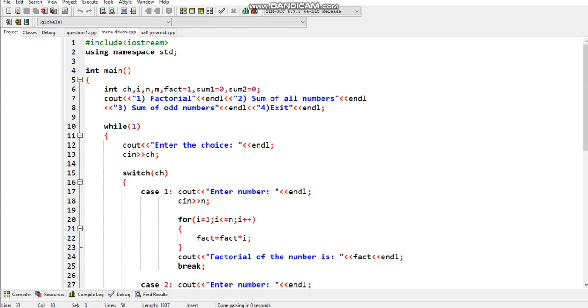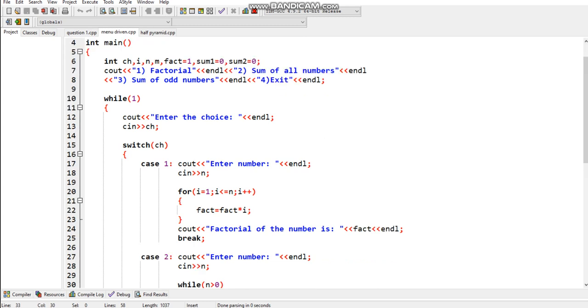The second question is to use a while loop and switch case statement to find the factorial, the sum of all numbers and the sum of odd numbers. So this is the header file #include <iostream> using namespace std. In the main, we have to select the choices.